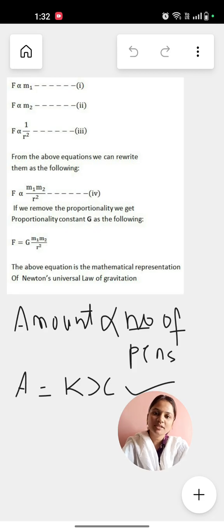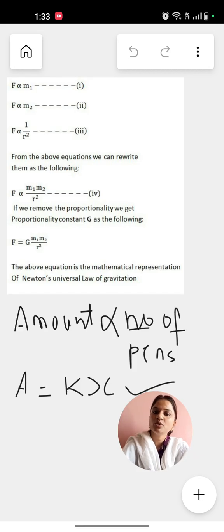I have taken an example of the universal law of gravitation. Here I have displayed the universal law of gravitation. You can go through that. In the first relation, you can observe that the force exerted between any two objects is directly proportional to the mass of the first object, and second, the mass of the second object. In the third equation, you can see the force exerted between any two objects is inversely proportional to the square of the distance between them. And when you combine all the first three equations, you will get a relationship like: force exerted